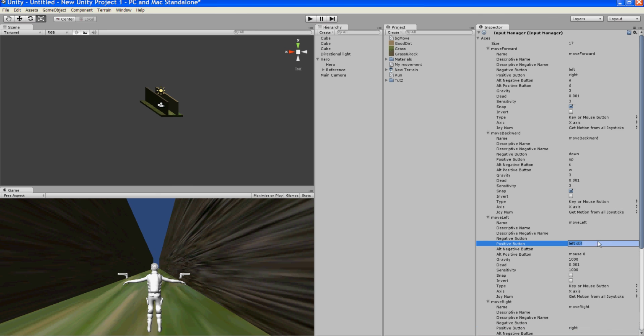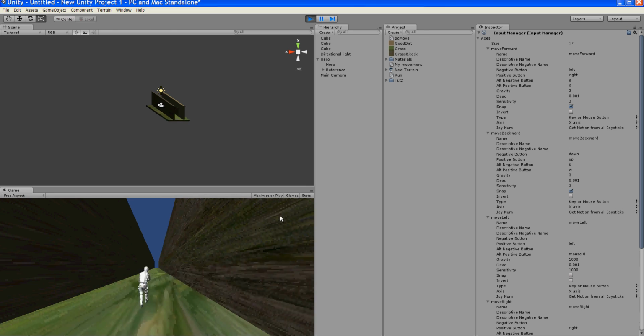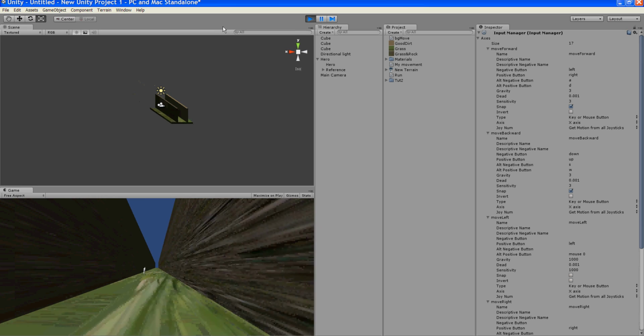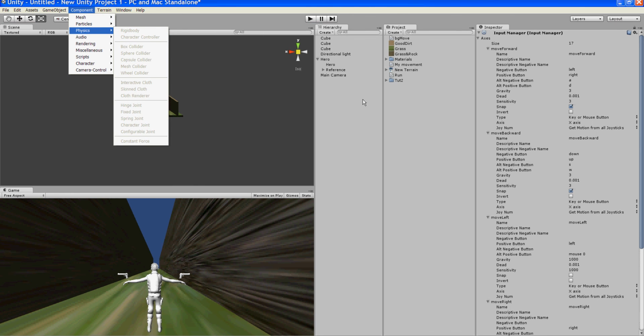We want this to be the right key, we want this one to be the left key, and these other two don't matter because we just want them to go left and right. Oh, and here he is moving left and right. He's got some weird controls on him right now. But you'll just need to